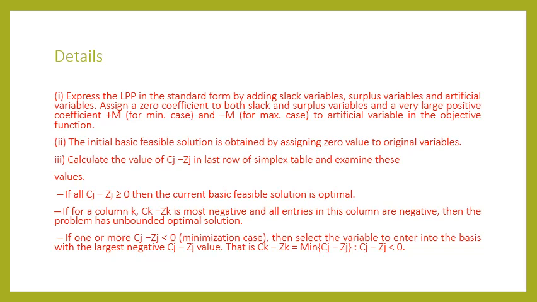Now we face two steps. The first step concerns the transformation of the objective function, making the objective function a zero equation, by adding slack variables with the coefficient 0 and subtracting artificial variables. This is in case of